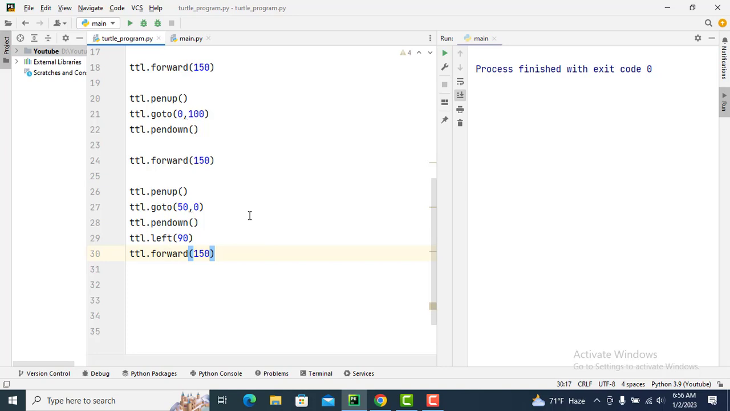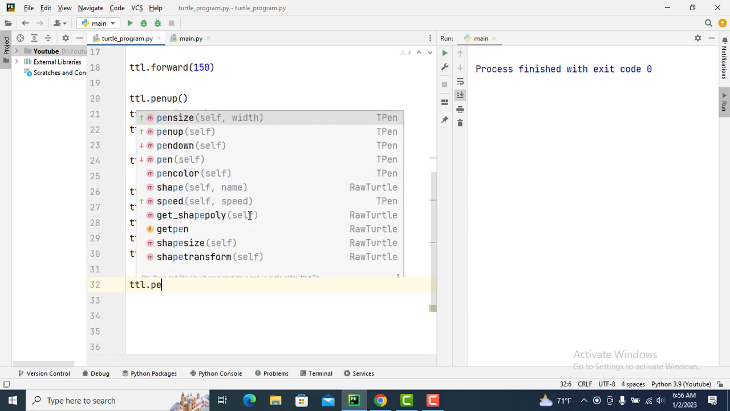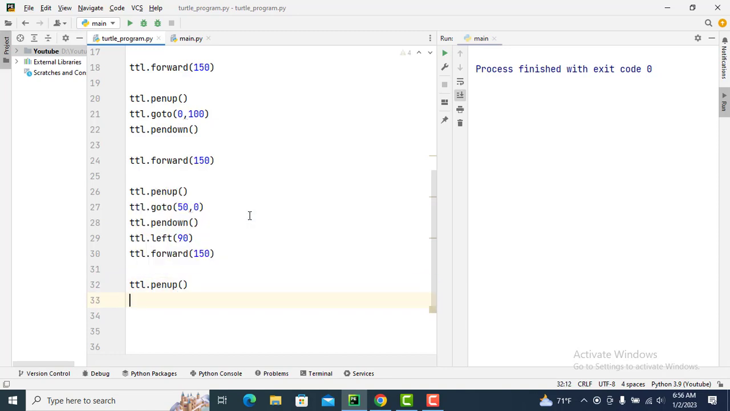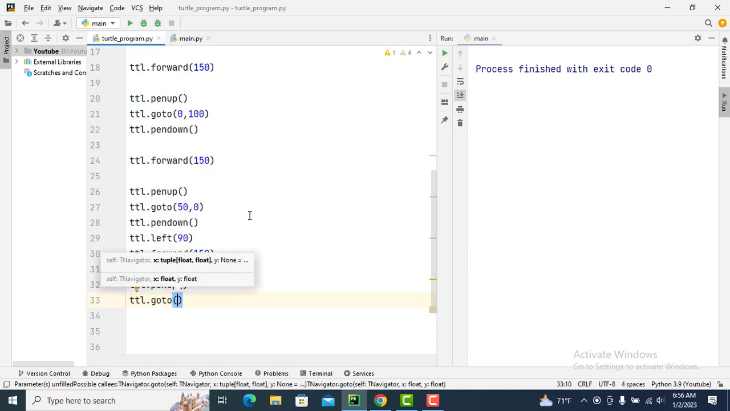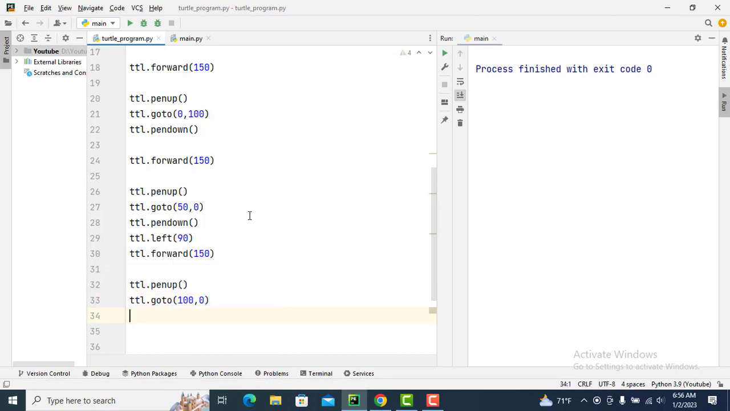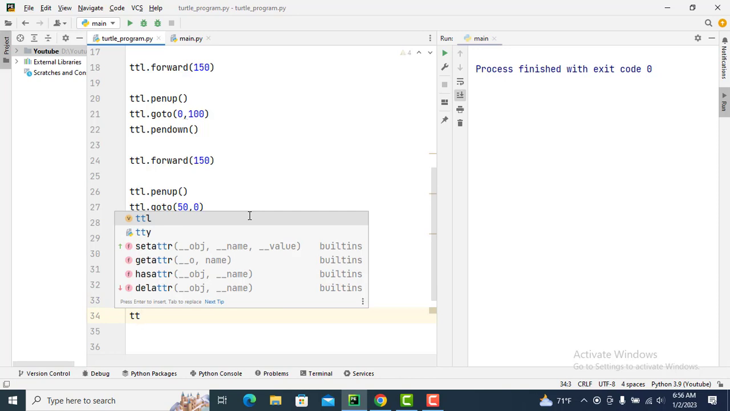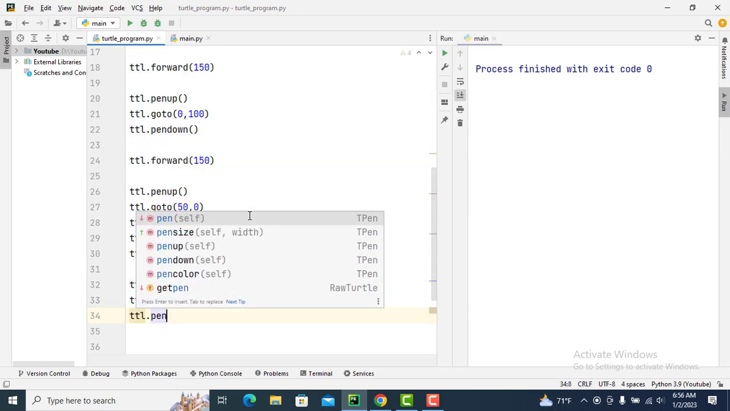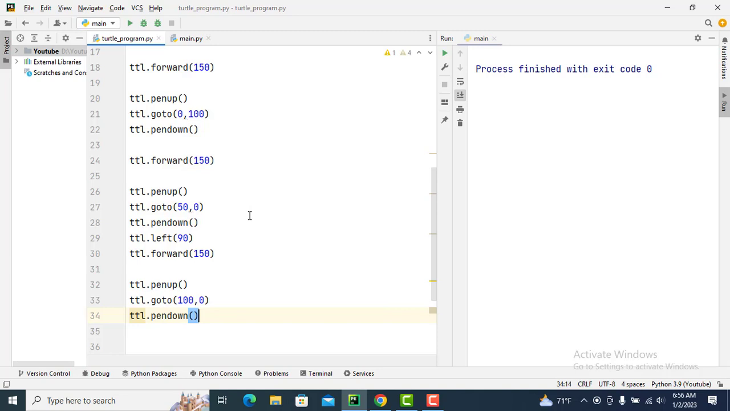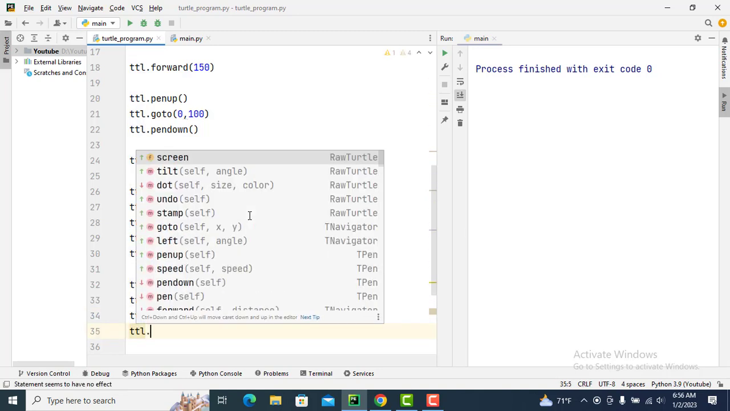The last line you have to draw, turtle dot penup and then turtle dot go to 100 and 0, and then turtle dot pendown and then forward 150,